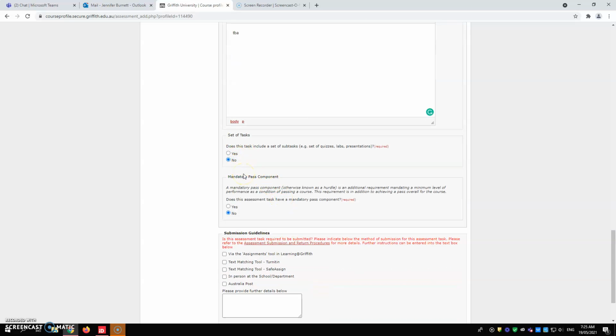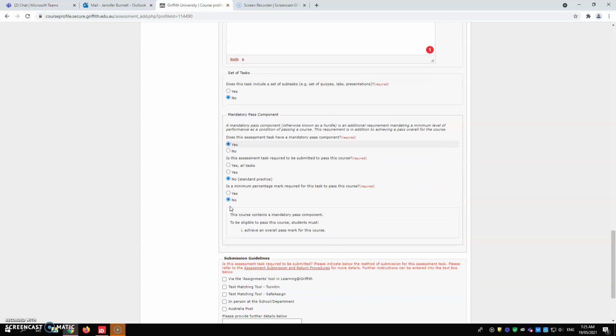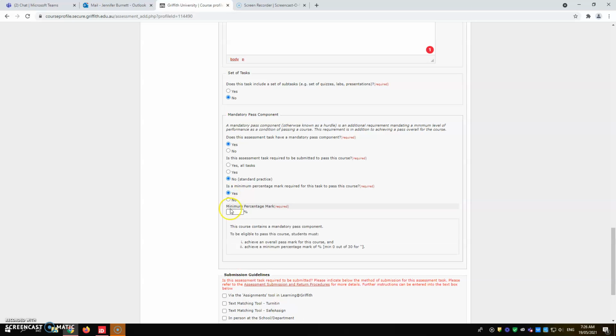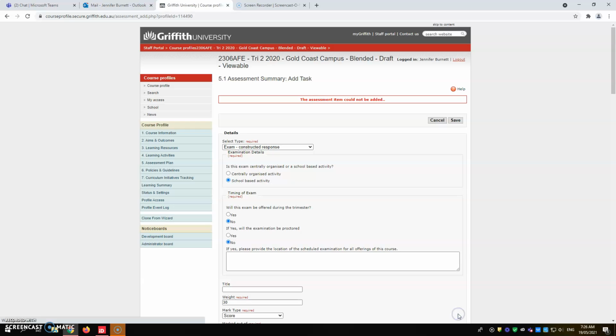Following down here, depending on your piece of assessment, whether it's a set of tasks, so if you've got a set of quizzes, you might need to pick yes there. If it's a mandatory pass component is another one you've got there. So let me tick that to show you. It's going to ask how much the minimum percentage mark is going to be. So if we put 20% on there, for example, minimum percentage, you had to get 20 on that one. And if we hit save,